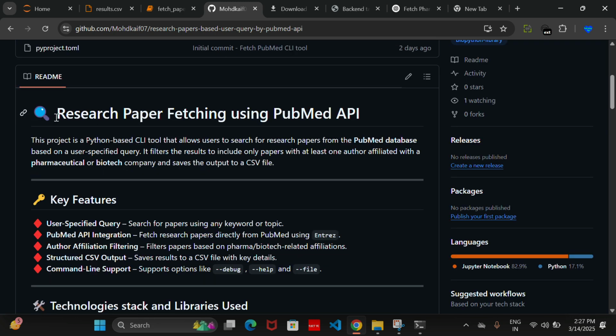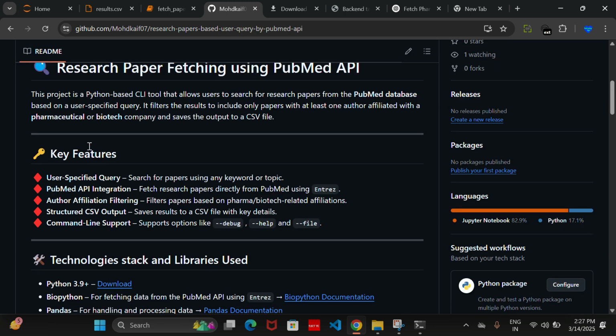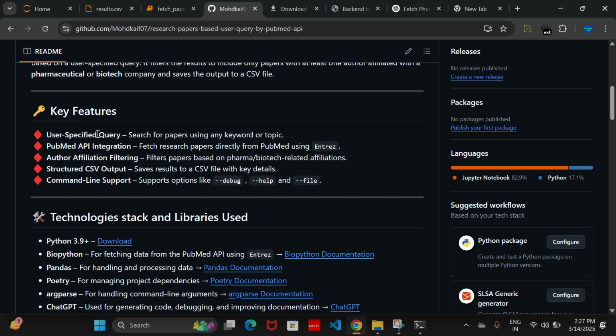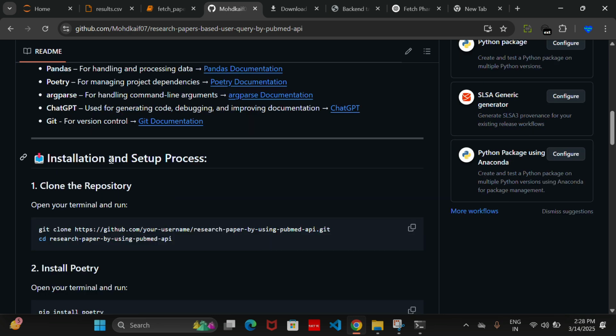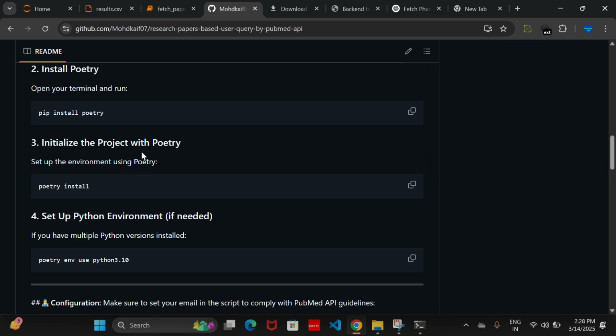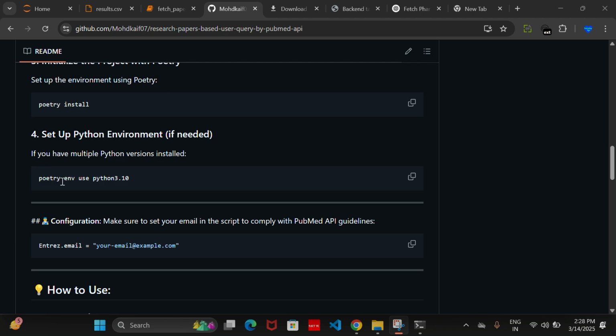Here is all about my paper, my project, research paper fetching using PubMed API, about key features, user specified query, technology stack, installation process. You can see here the installation process: how to clone the repository in your computer, how to install Poetry and initialize Poetry, set up Python environment if needed,